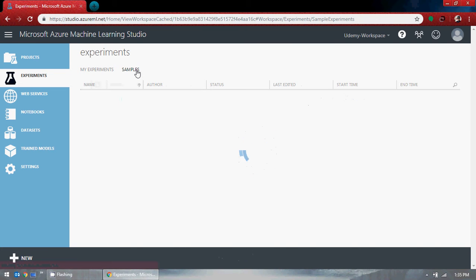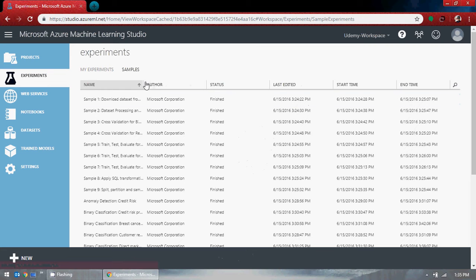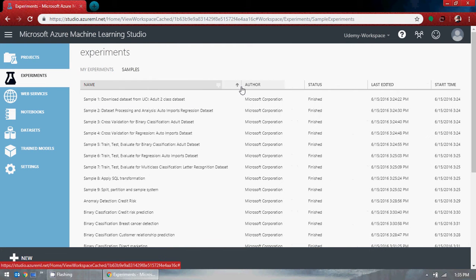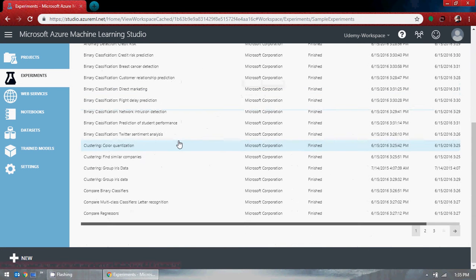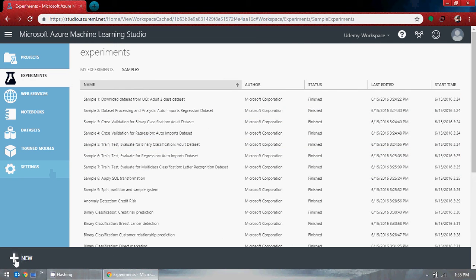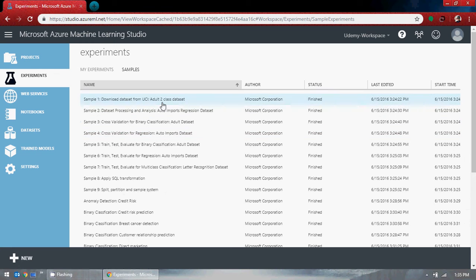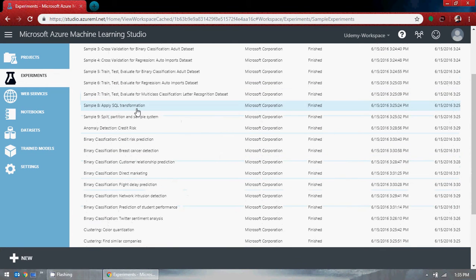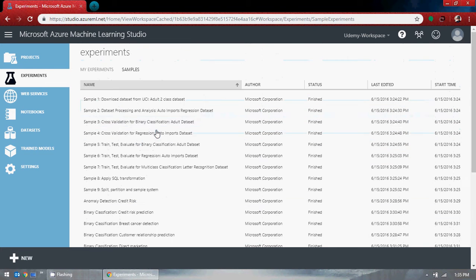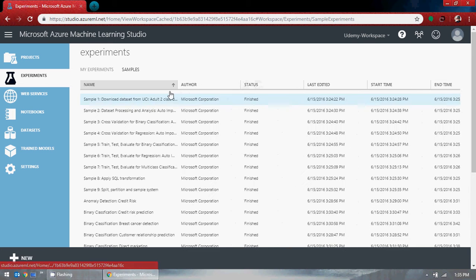You have some samples. Let's see this. This is a similar sample, not similar. I don't think so. This is different from this sample actually, right? Yeah, this is a data set, to be honest. You see this sample, it's anomaly detection. You have the sample and you can add it to your experiments if you want to see it and manipulate it, and you can have it for your own reason. You can manipulate this, but